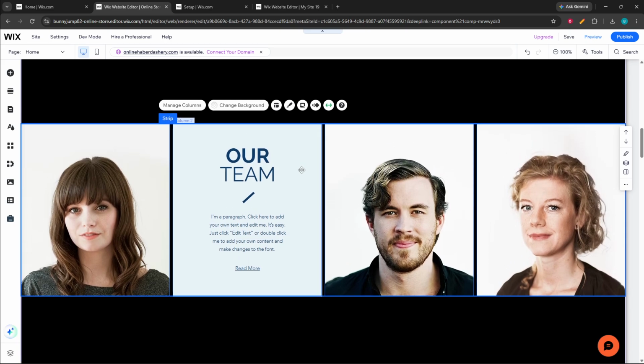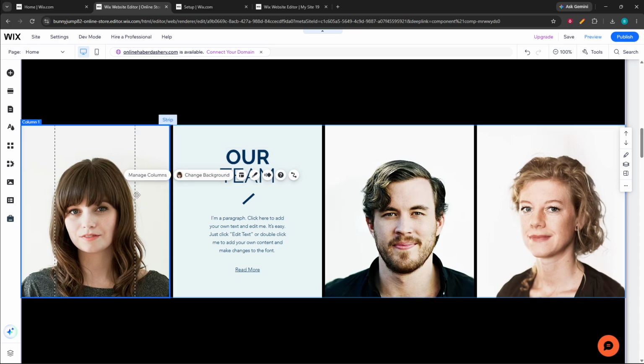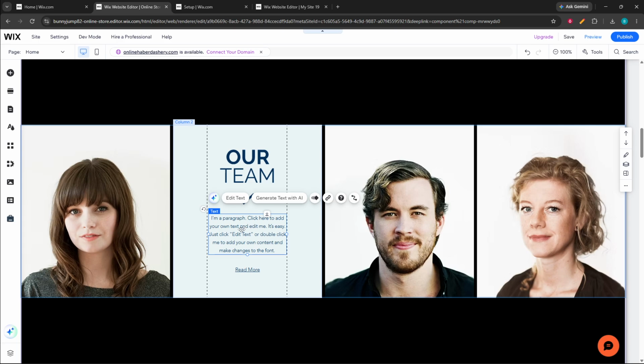Next, replace the placeholder images with real photos of your team members. Click each image to change it, and upload or select the correct photo from your media library. After that, edit the text field so each person has the right name, job title, biography, and any other details